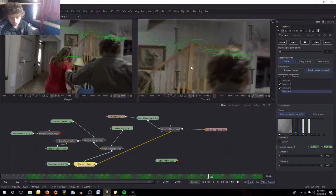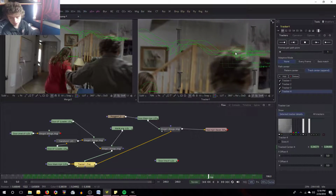So now what we want to do is... This is number 1. Right there. Track that to